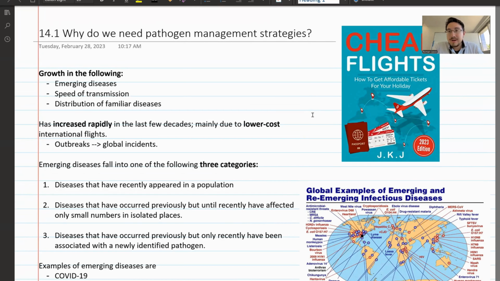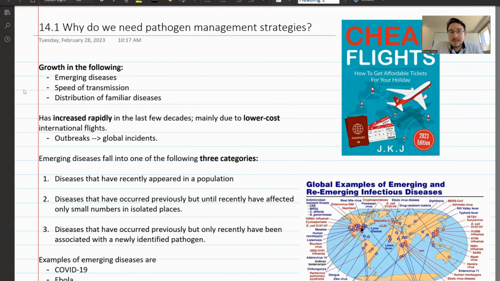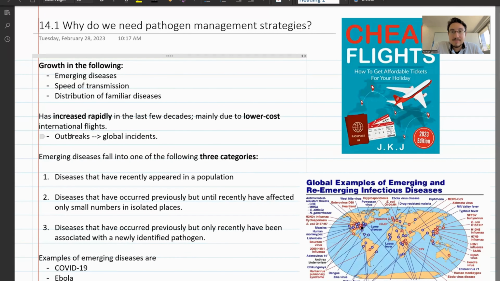The spread of transmission has increased and even become more efficient for many viruses and other pathogens, and even the distribution of familiar diseases and repeating diseases that come about on a yearly basis. All of these things have increased relatively rapidly in a short period of time,